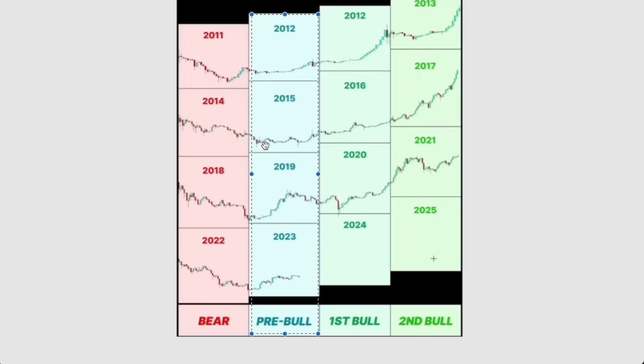So if we focus on 2015, this was sideways accumulation near bear market lows. Here we saw sideways accumulation break out into that first uptrend and then correction in a mean reversion attempt at essentially revisiting the same lows from the 2019 bear market bottom, 2018 bear market bottom as well. So these lows were essentially revisited in the halving year of 2020, but typically pre-halving years is where we see